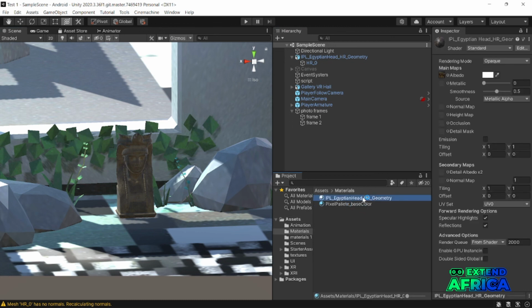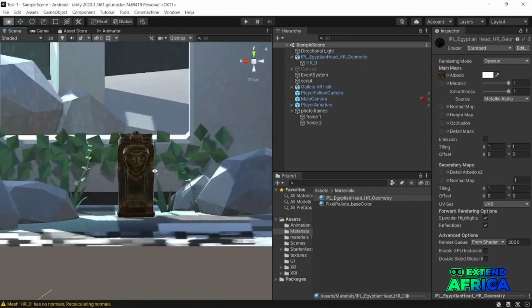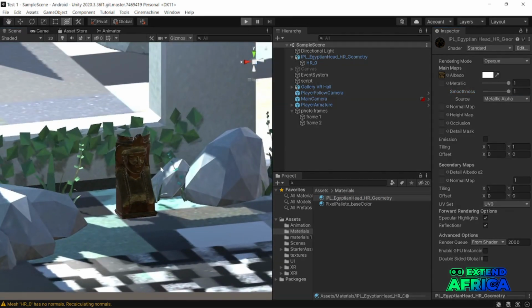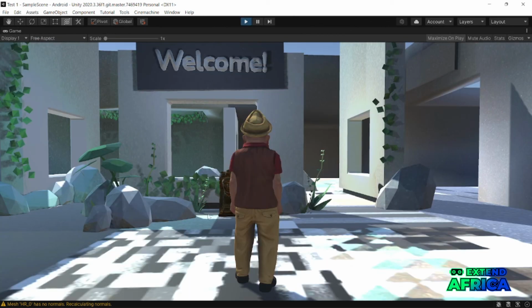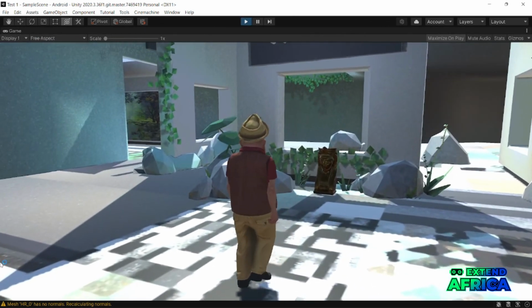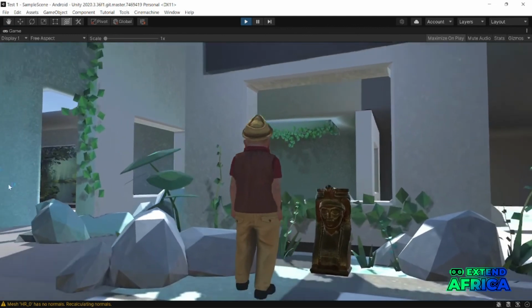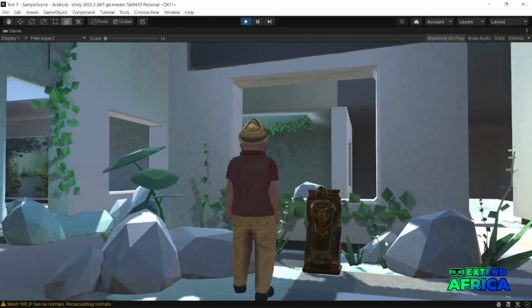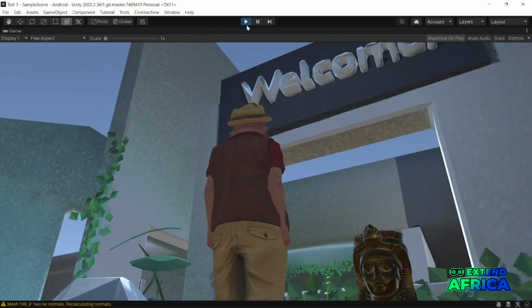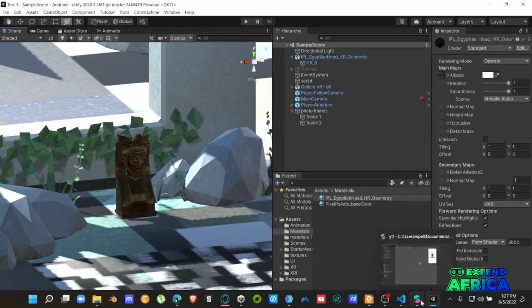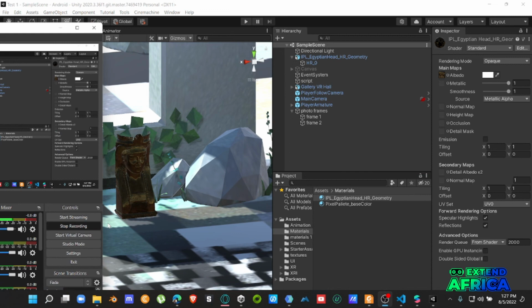So yes, this is the material, Egyptian head. Let's make it metallic. To make it metallic, you click on the material and come over to the inspector. You can drag metallic to the extreme, then drag smoothness to the extreme. As you can see, it's glossy. If we play it and move towards it, you can see it's glossy. Beautiful, right? So yes, this is what you are expected to do as your